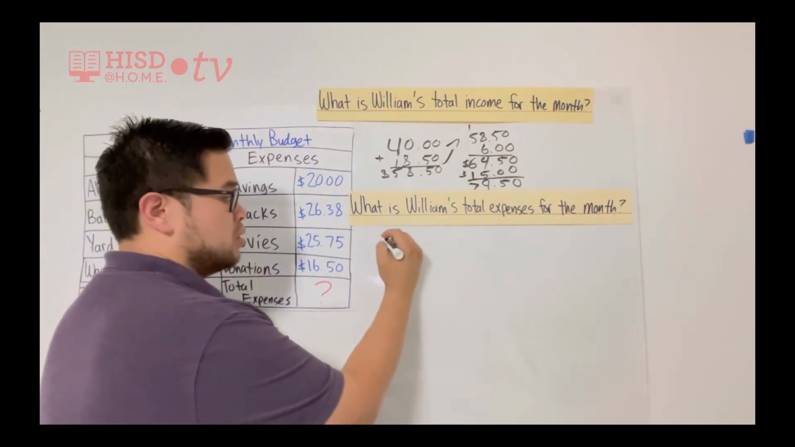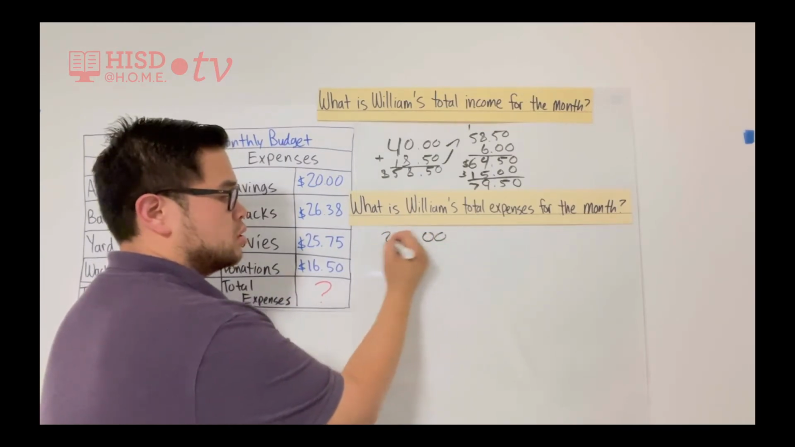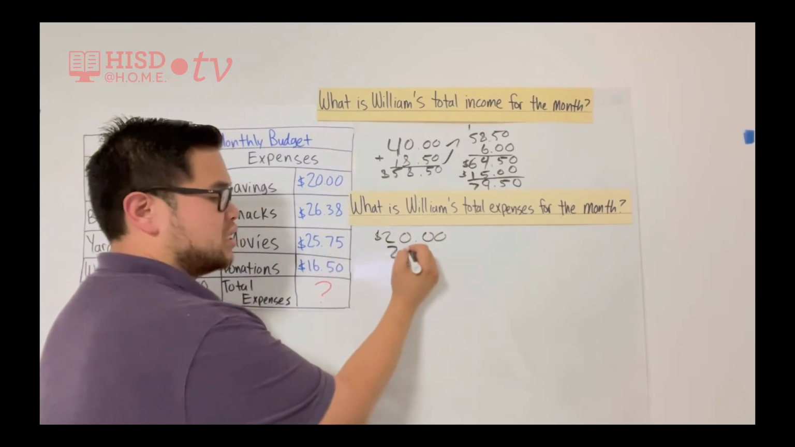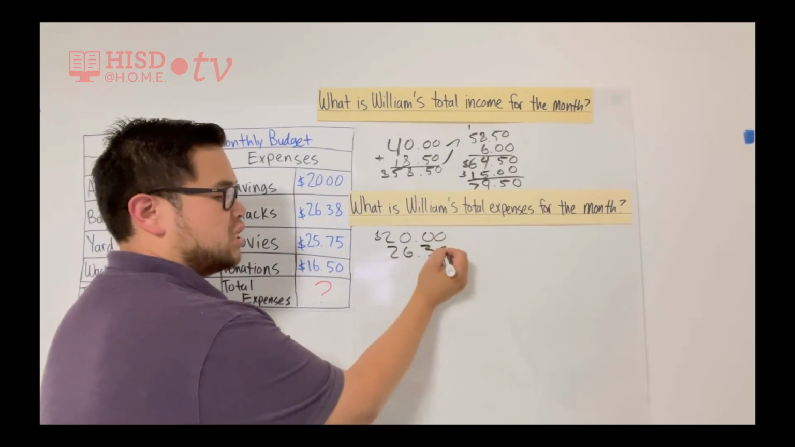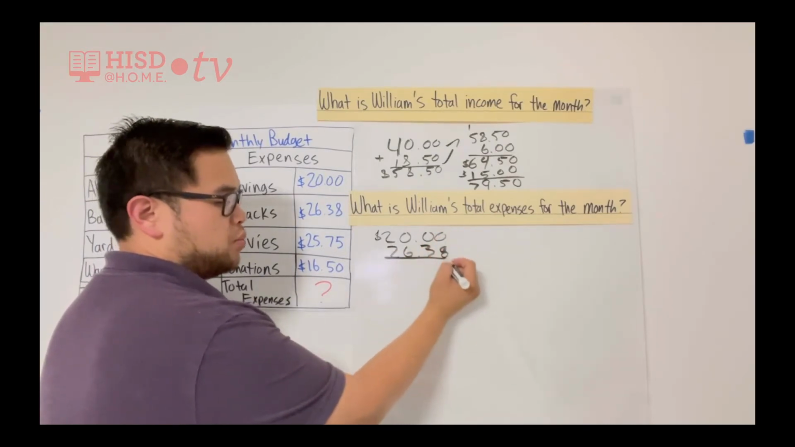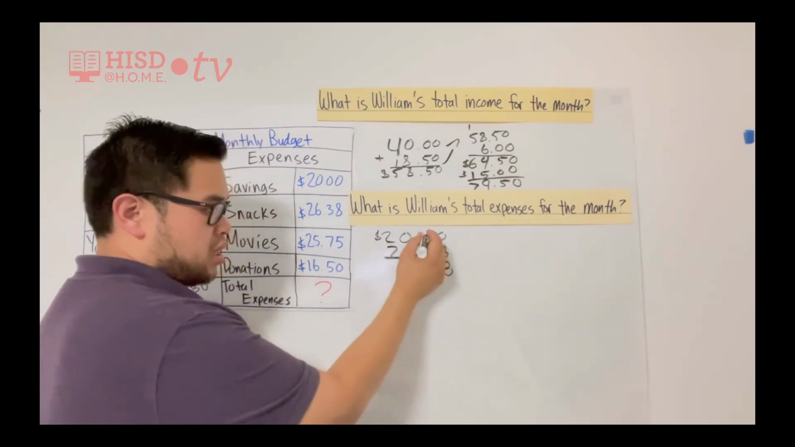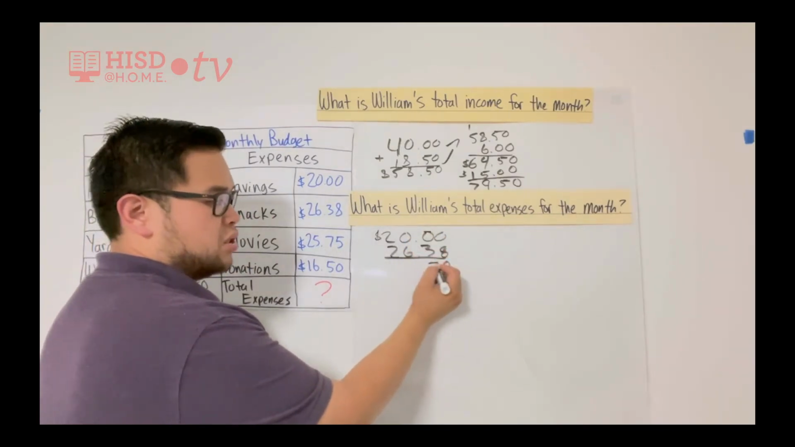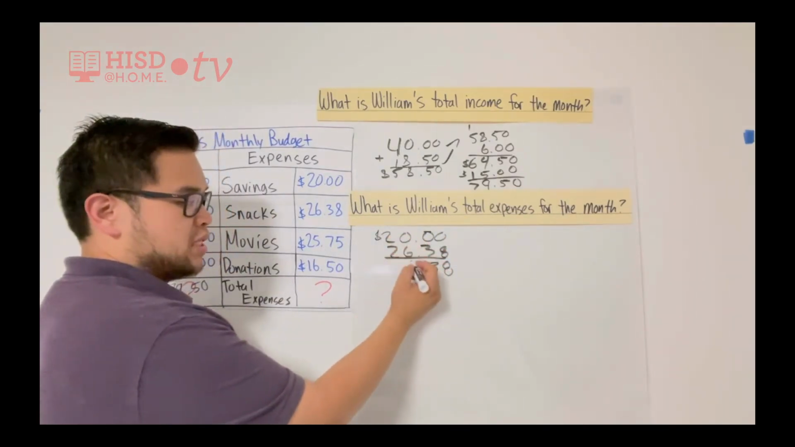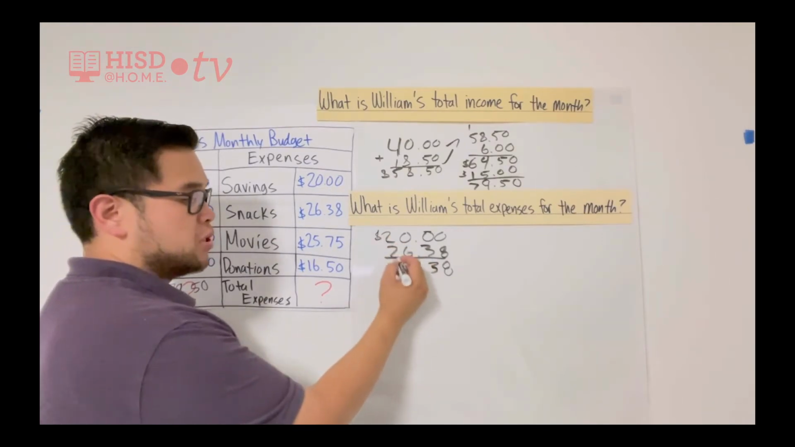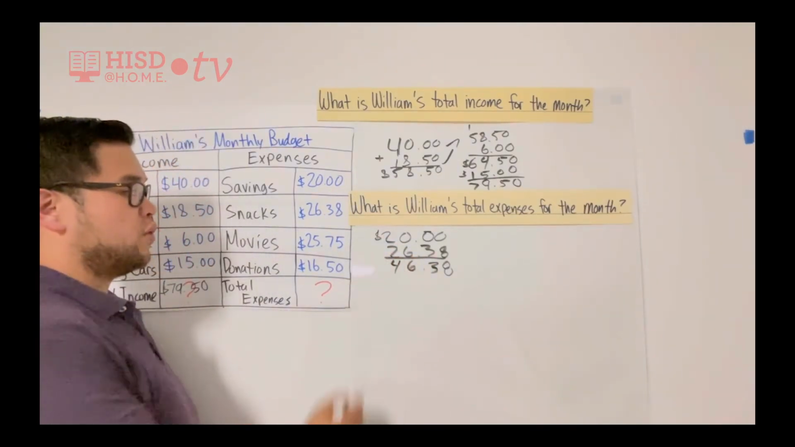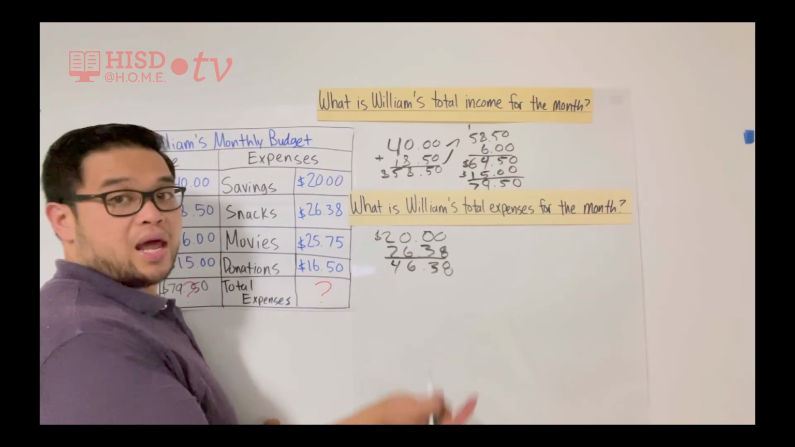So we have $20 plus $26.38. 0 plus 8 is 8. 0 plus 30 is 30. 0 plus 6 is 6. 20 plus 20 is 40. So I have $46.38. Now I add my next one,